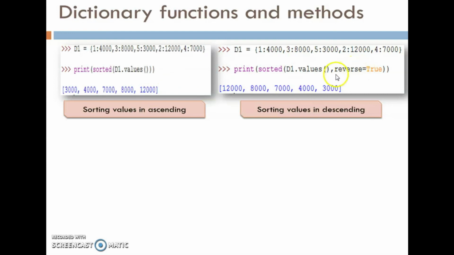For that, we have to pass one more argument, reverse=True. That time we can see the values in descending order. Print sorted(d1.values(), reverse=True). You can see the values as 12,000, 8,000, 7,000, 4,000, 3,000. Sorting values in descending order. Okay, clear?